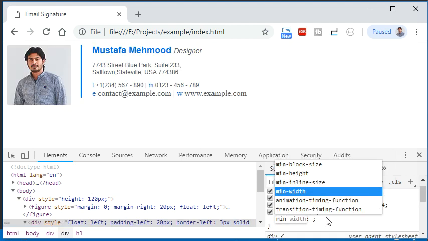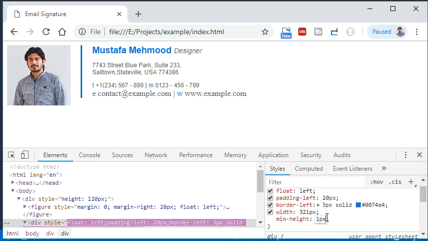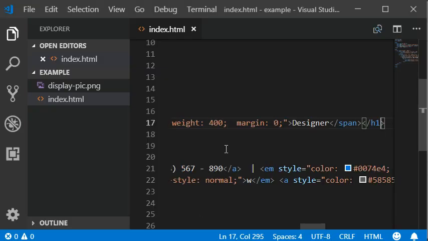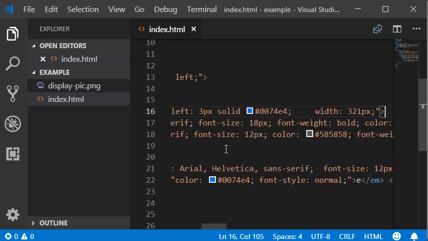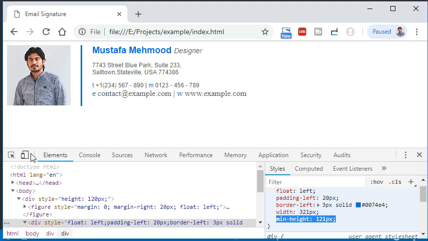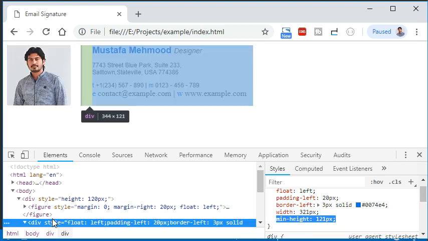So minimum height, yeah, and then here, need to add minimum height, and now I'm gonna add some